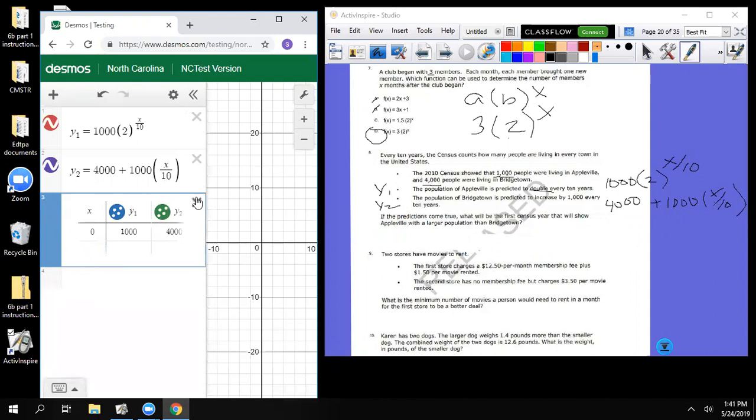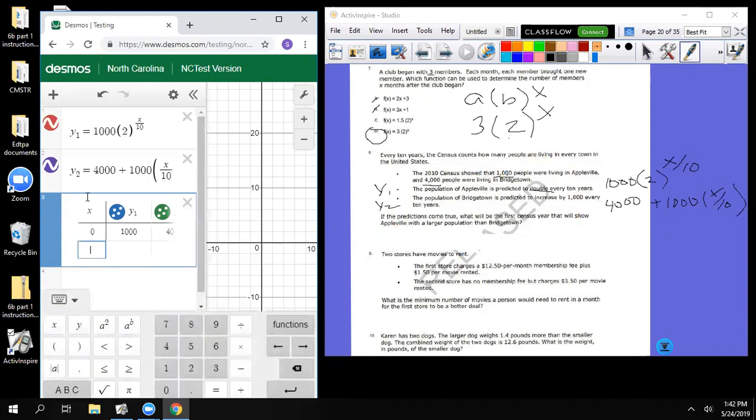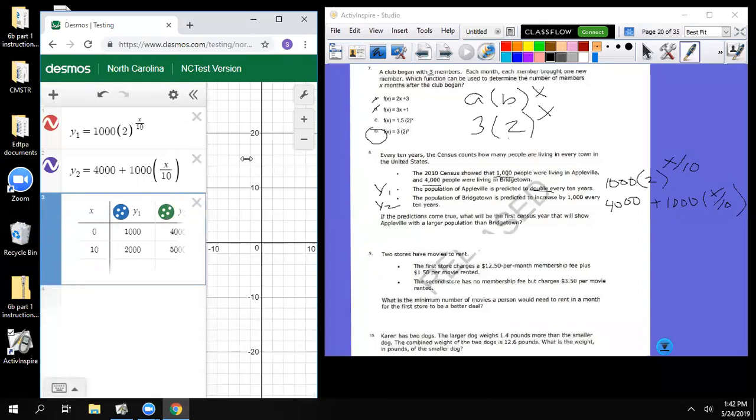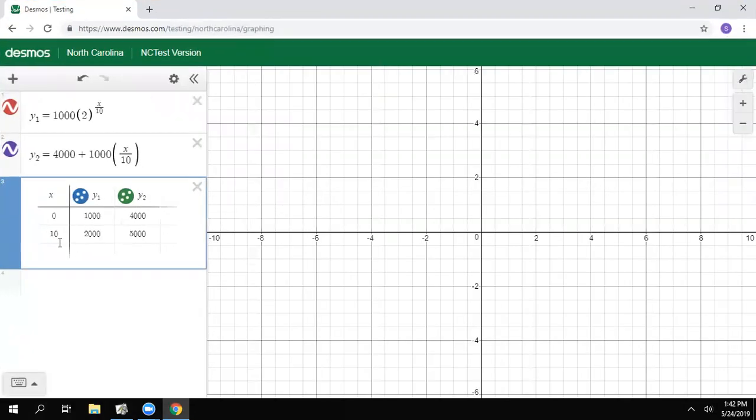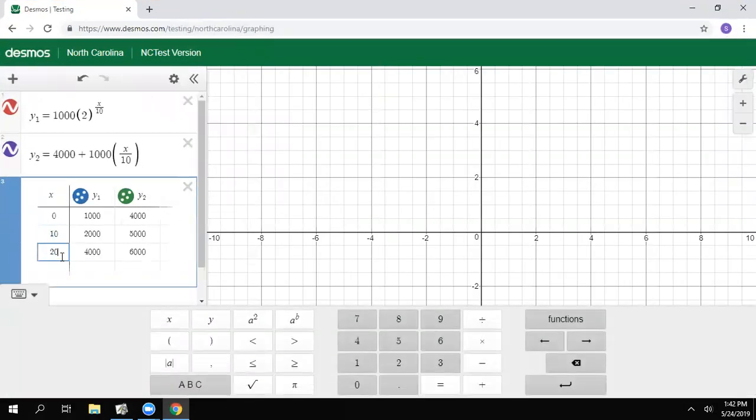Our initial, and we see that we have 1,000 for Appleville, which is exactly what it says, 4,000 for Bridgetown, exactly what it says. 10 years later, that's going to be 2020, okay? Then we need to make that a little bit bigger. Let's close that. Okay, then we have 20 years later, so 2010, 2020,